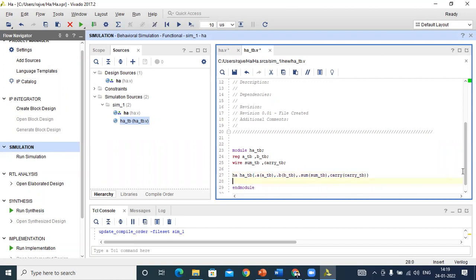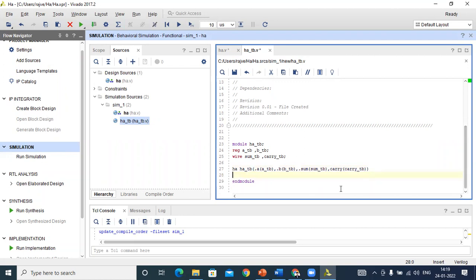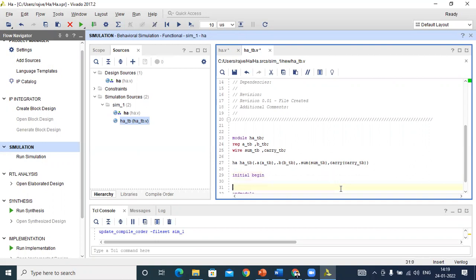After that, we apply some inputs with respect to our data. Suppose in an initial block, in initial, then begin. Suppose we want to take some time for that, 10 nanoseconds.